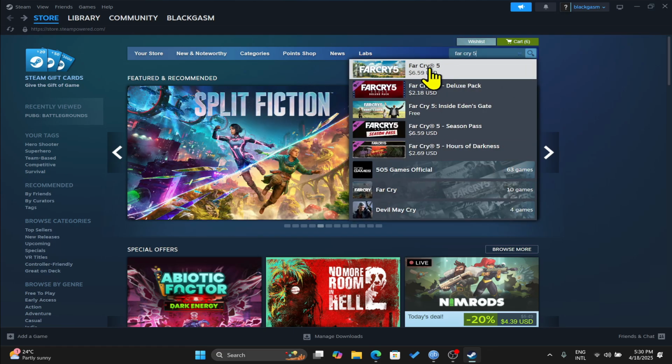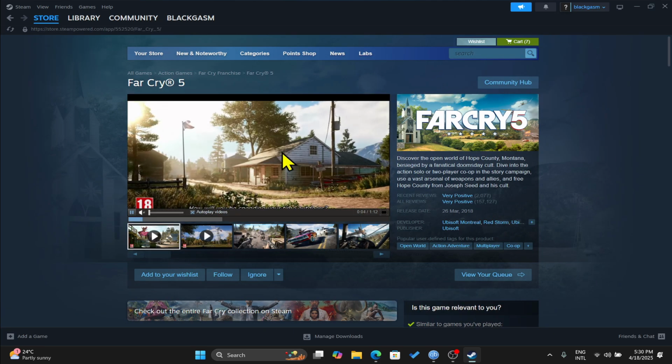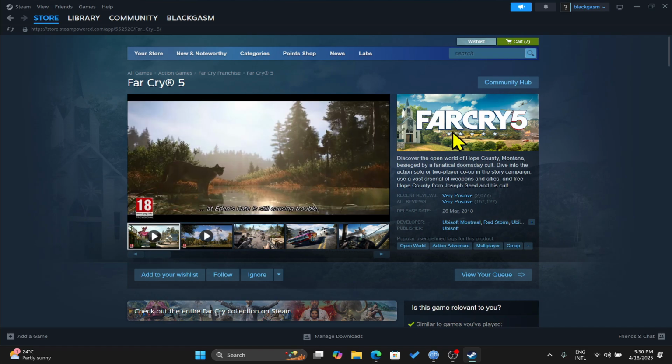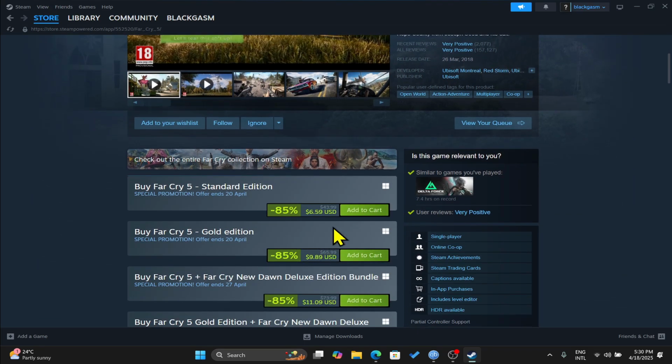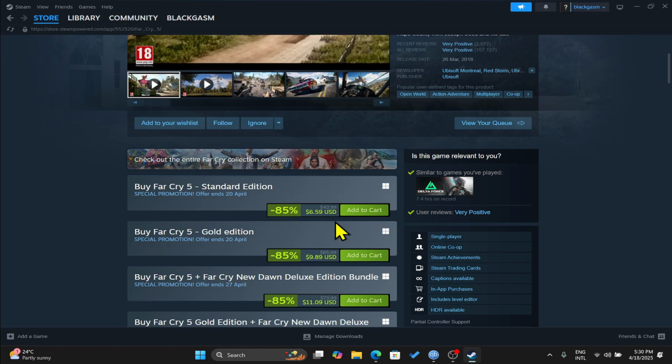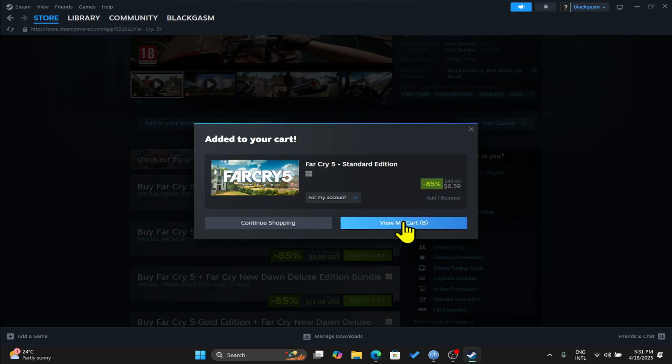Once you find this game, go ahead and click on it, and this will take you into the game's page, from which you can check out the game trailer and also view all of the reviews. Then just scroll down and you will find the add to cart buttons alongside the various different editions that you can buy of the game. Just click on the button alongside your preferred edition and then you can click on view my cart to proceed